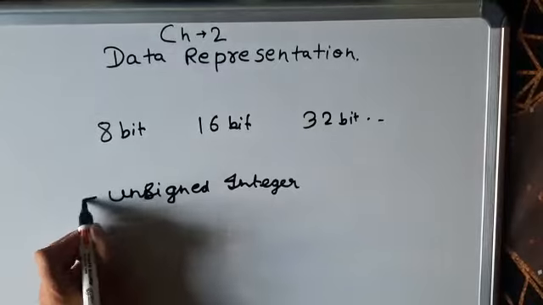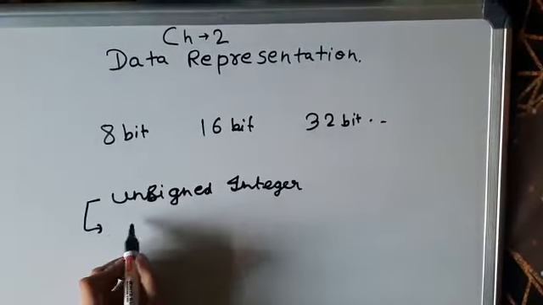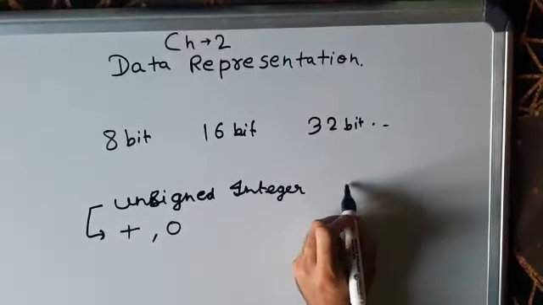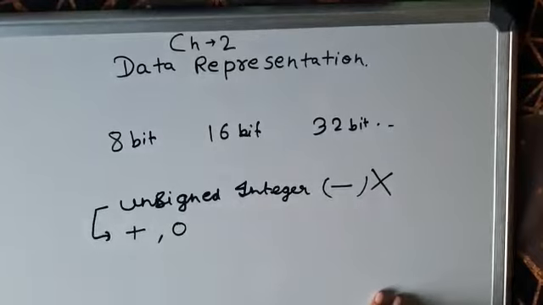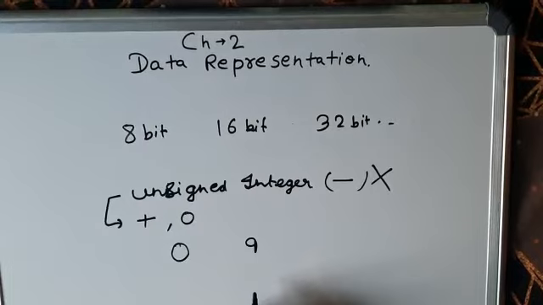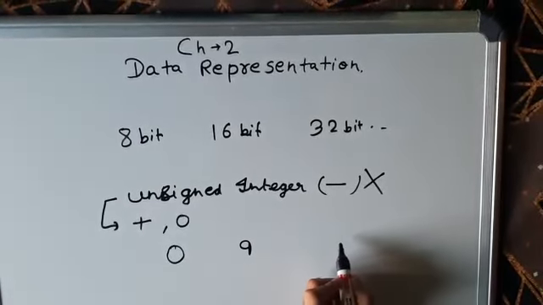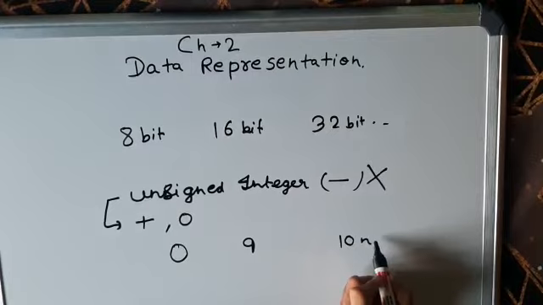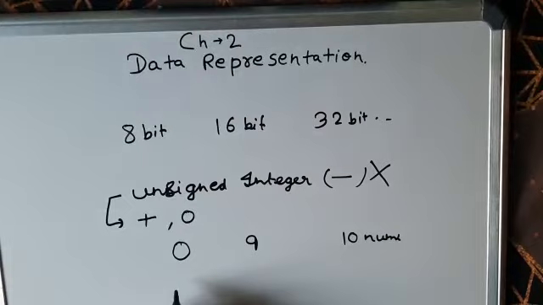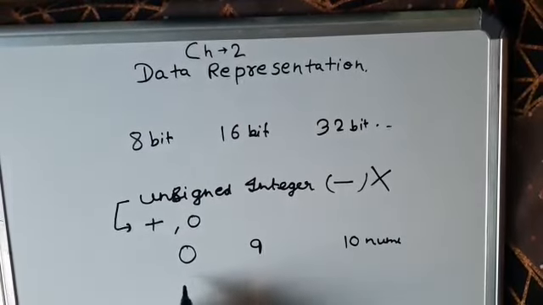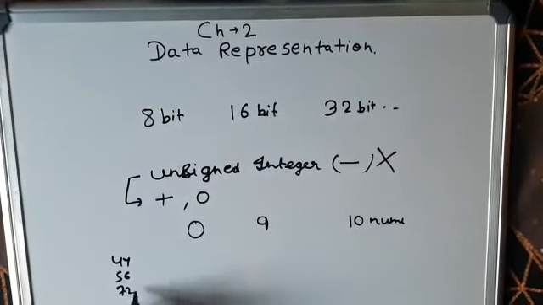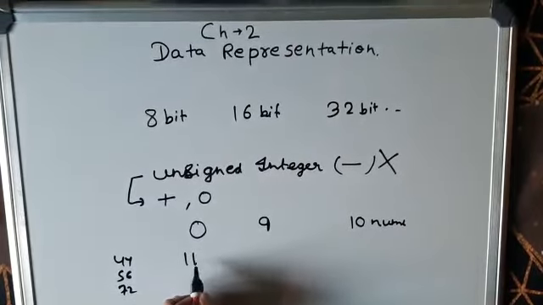Now the basic property of unsigned integers is it can be positive or zero, but it can never be a negative term. For example, if I have to write from 0 to 9, there are 10 numbers. If I have to represent two-digit decimal numbers, for example 44, 56, 72 and so on, these numbers are from 10 to